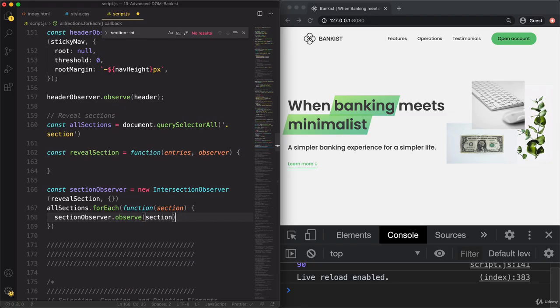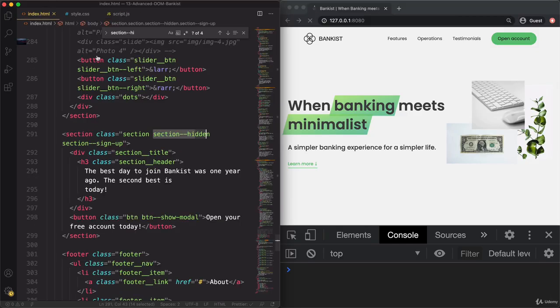And actually, since we're already looping over all these sections, it would probably be a better idea to add this class here, so the section hidden, also using JavaScript. So not do it manually here in the HTML, and instead do it in JavaScript. Because some people actually disable JavaScript in their browser, and then for those users, the page wouldn't really be visible, right? They would then have no way